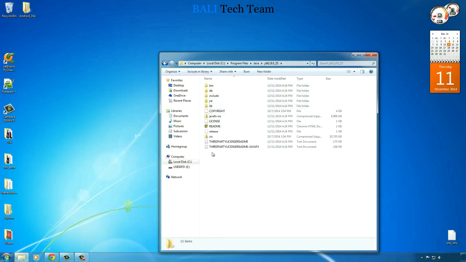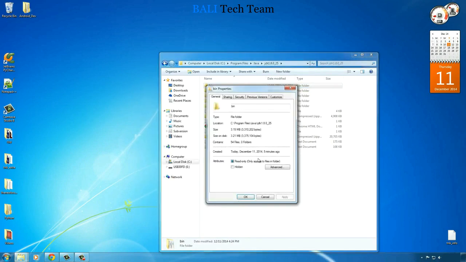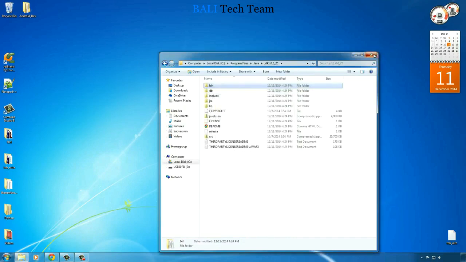So what you can do now is right click any of these files, but because it's going to give you the same path, what I'm about to show you guys, just for consistency, right click this bin and click Properties. So again, this is the location that you're looking for right here, the location that your Java development kit is at. So copy that, right click and copy, and now once you have that location, close out of everything